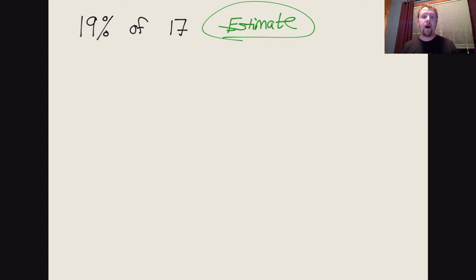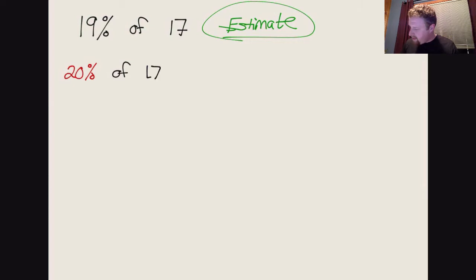First of all, I'm going to round that 19% because it's a tough number to work with. I'm going to round that because I'm allowed to estimate. I can round a little bit. I don't want to go crazy. So I'm going to round that to 20%. That's 1% away. It's really close, and it'll give me a close approximation. What that means is it'll allow my answer to be really close to the right answer. Okay? So I'm going to go ahead and work this to say that this is really close to 20%